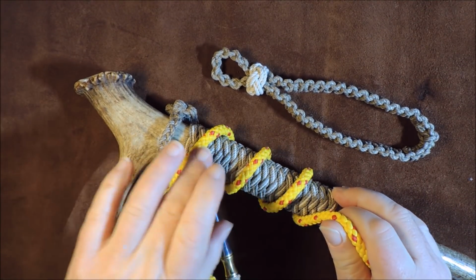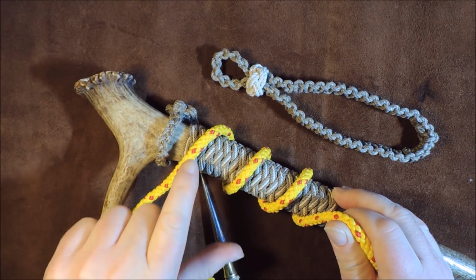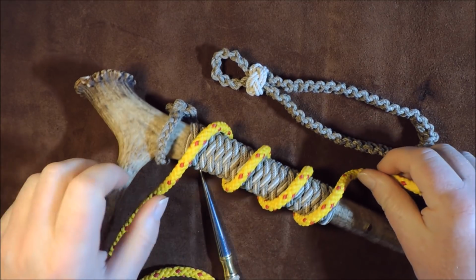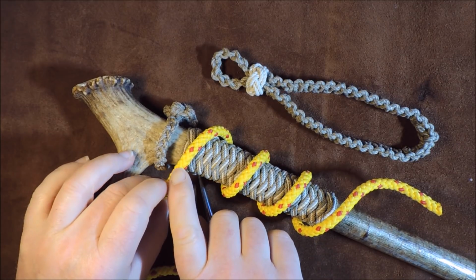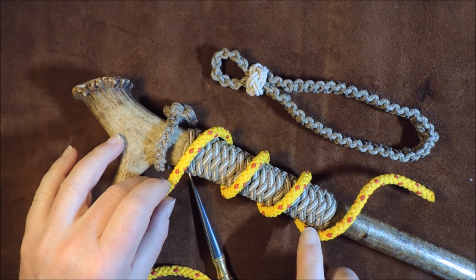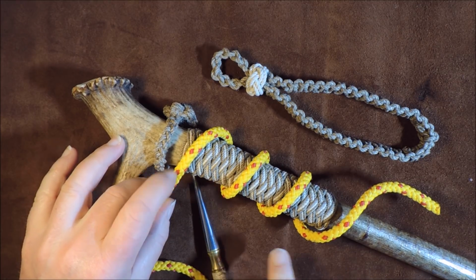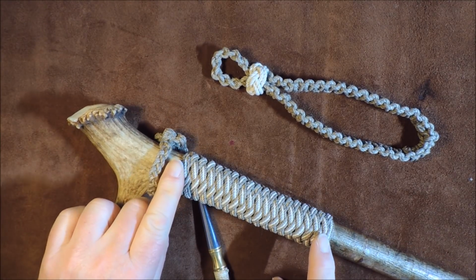So we end up with 3 turns on here. Now if you want to extend this knot, so if you want to make it even longer, just increase the number of turns that you are putting round it. In other words, the video itself that you can refer to shows me going round 3 times at the very beginning, but if you want to increase the actual length of the Turk's head here,